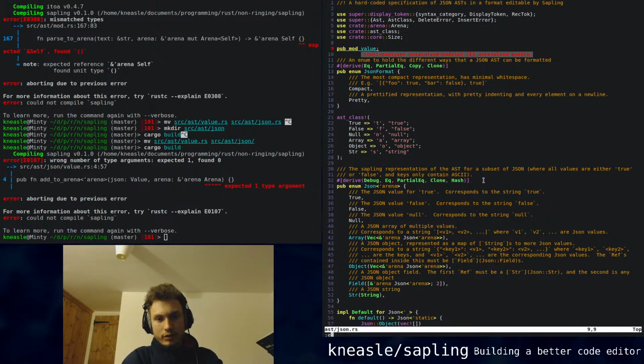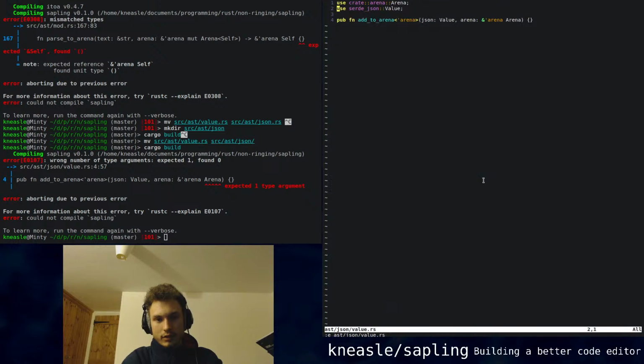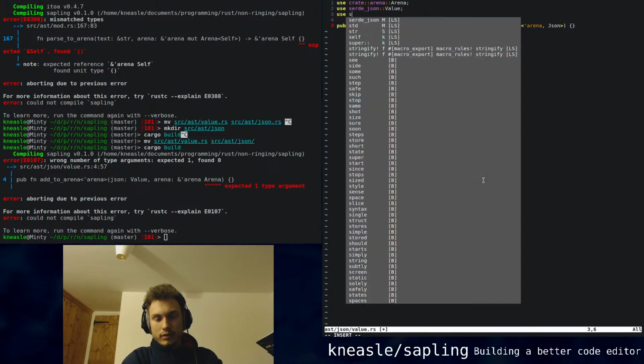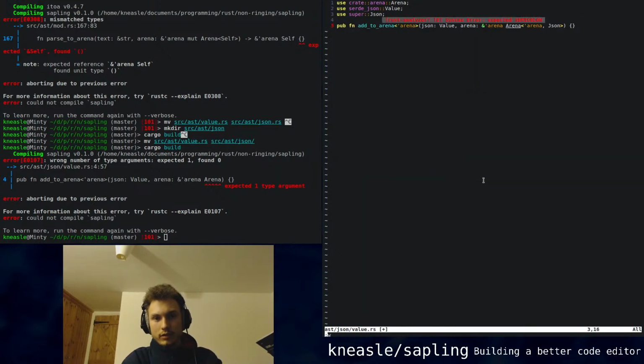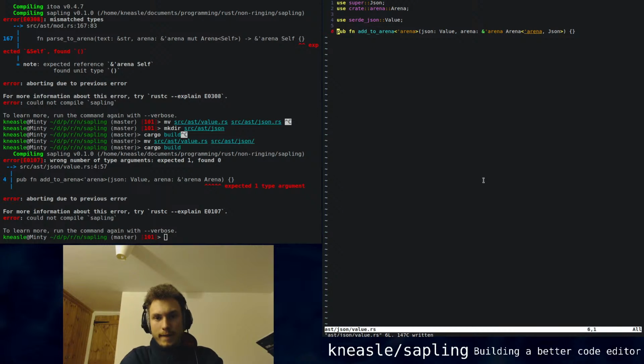Unresolved module, are you kidding me? No, this is resolved. AST JSON value. Okay, this is what I was expecting. And it has lifetime arena and its type is JSON, except that JSON and we use super JSON. What? Oh yeah, because